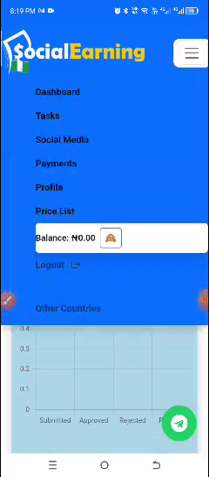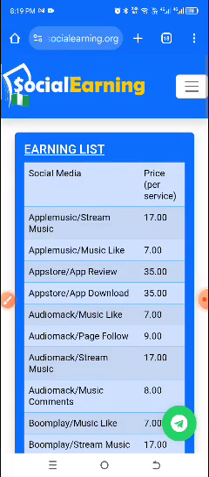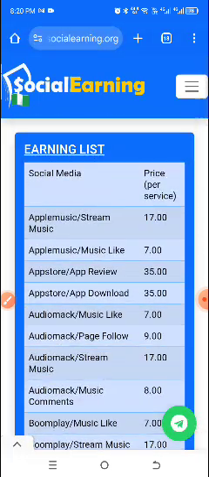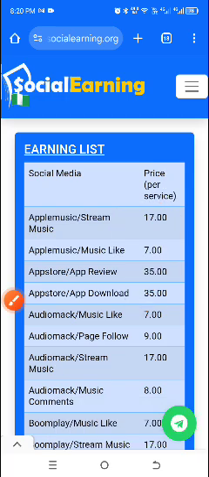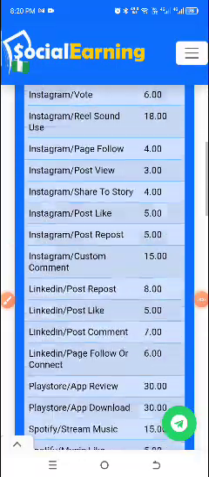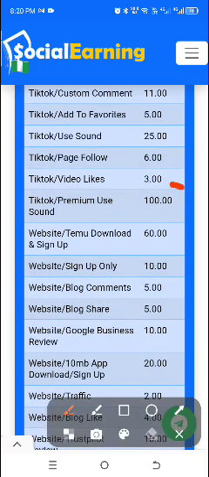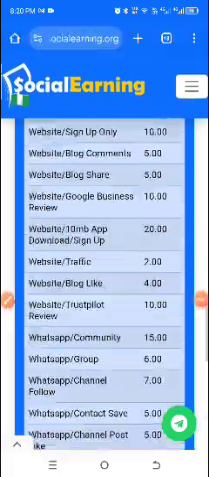Very easy. Okay, so if you are a student or maybe it's simple, you can just pay 1,000 naira and get started on this platform. Okay, there are even bigger amounts you can be earning from here: 17 naira, 35 naira, 35 naira. Okay, for those that are doing music stream, downloading of apps and reviews and all of that, you can make money here. That's showing you the price list. If you are advertising and if you are performing such task, that means that you can make this in just one task, and you'll be fine.